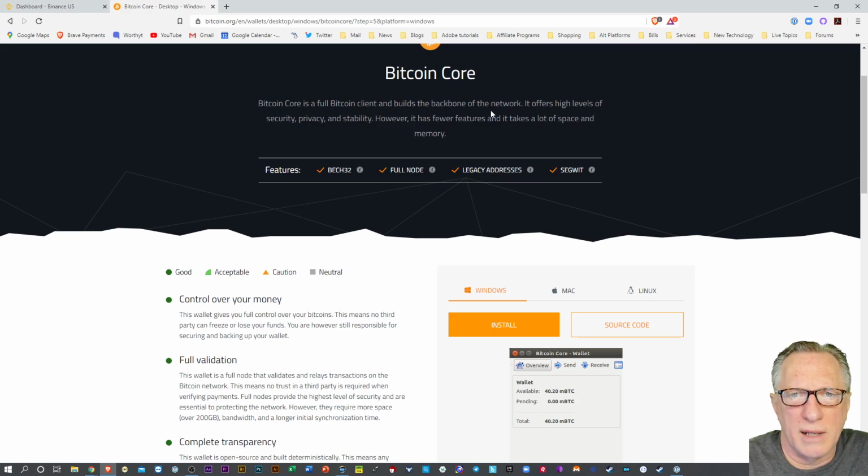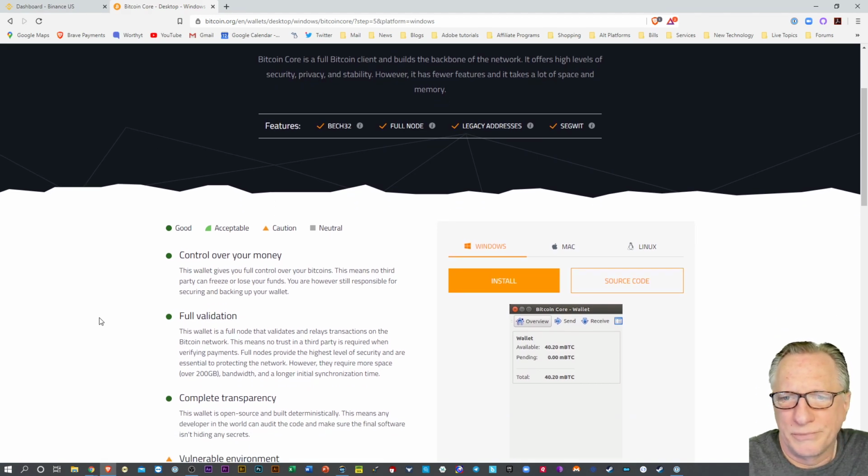Full Bitcoin client builds the backbone of the network. It has a wallet, but it's kind of primitive. It's really meant to be more of a back end. But if you want to run it as safe as possible, then my advice is to make sure that you've